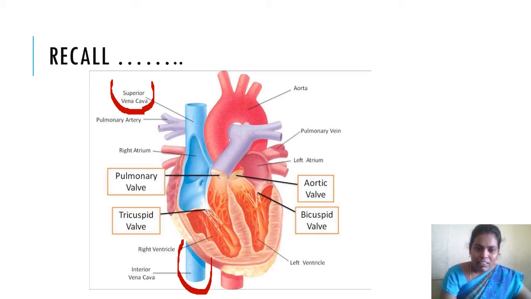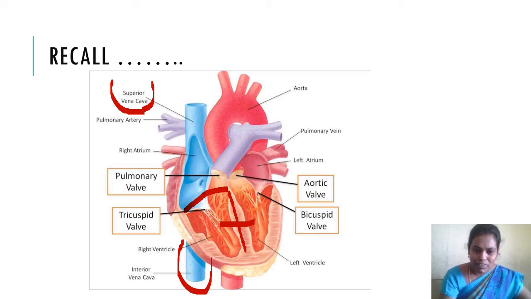The upper 2 chambers, that means the auricles, are separated by a wall-like structure which is called the interauricular septum. In the same way, the lower 2 chambers, that means the ventricles, are also separated by a wall which is called the interventricular septum. In the same way, the auricle and ventricle on both sides, right side and left side, are separated by a wall-like structure which is called the auriculoventricular septum. It just looks like this.